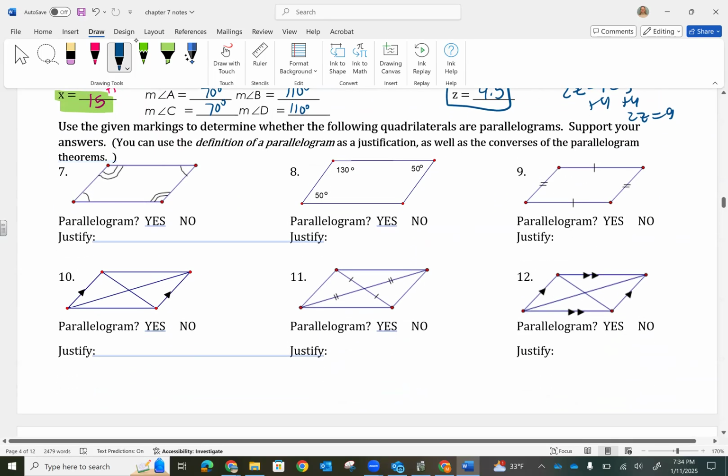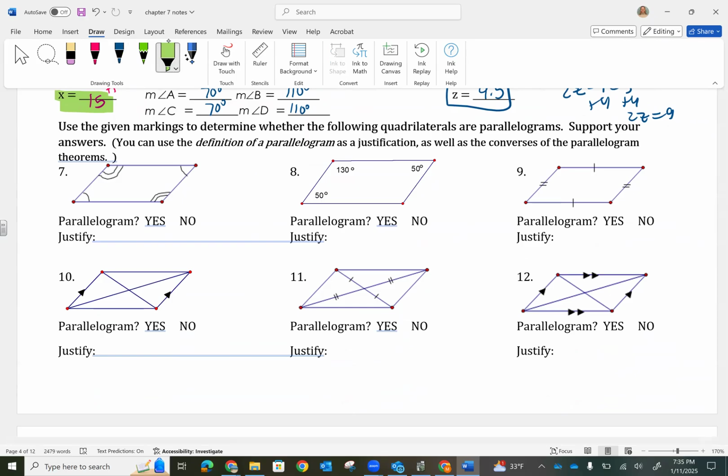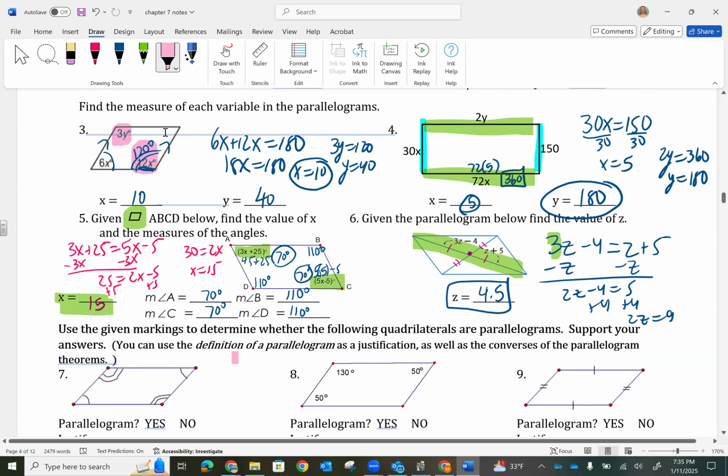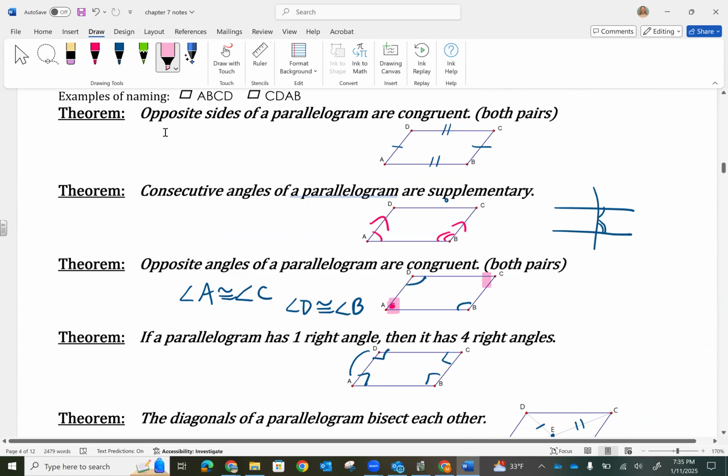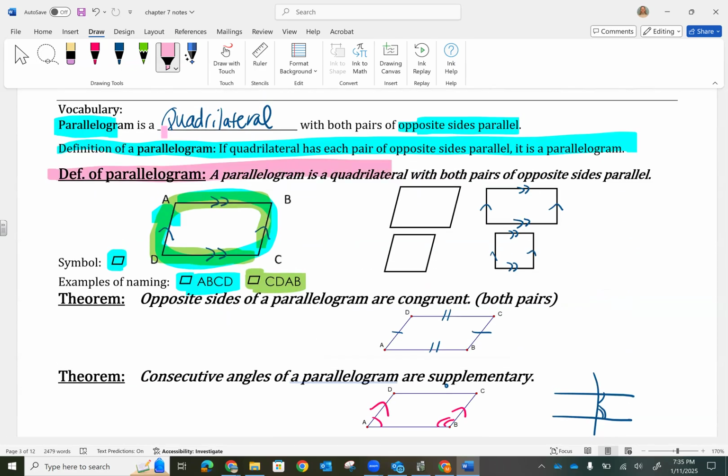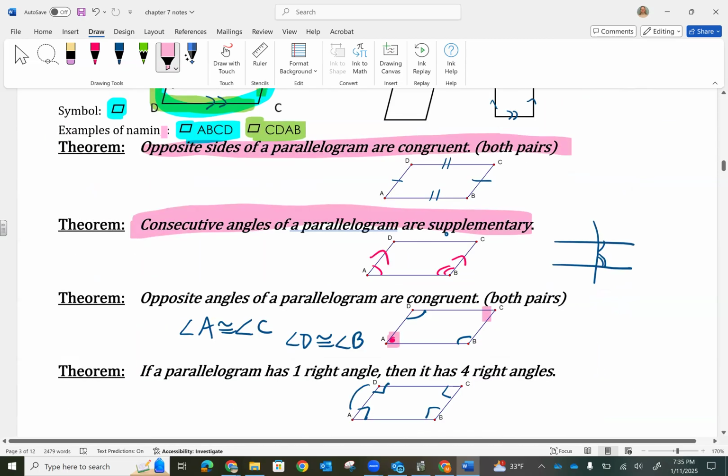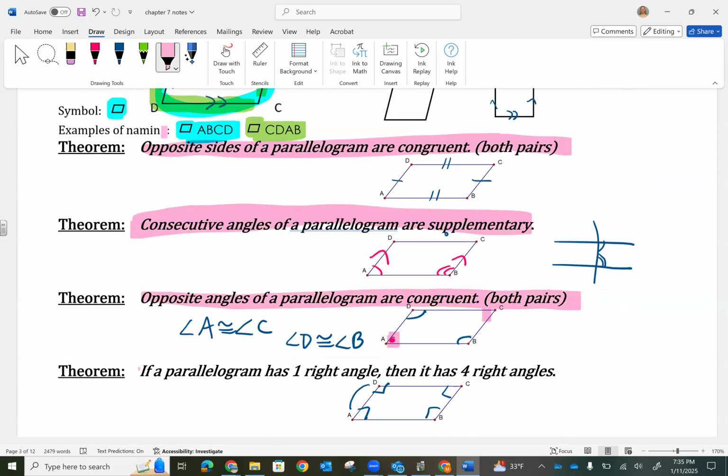The bottom group says, given the picture, from what you can tell, the given factors from each picture, would this be a parallelogram, yes or no? Okay, and why? And so we've got the 5 things from the front. How you can show you have a parallelogram would be the definition of a parallelogram, which means opposite sides are parallel. The next one would be opposite sides would be congruent, both pairs. The third one would be consecutive angles will be supplementary. Opposite angles will be congruent, and